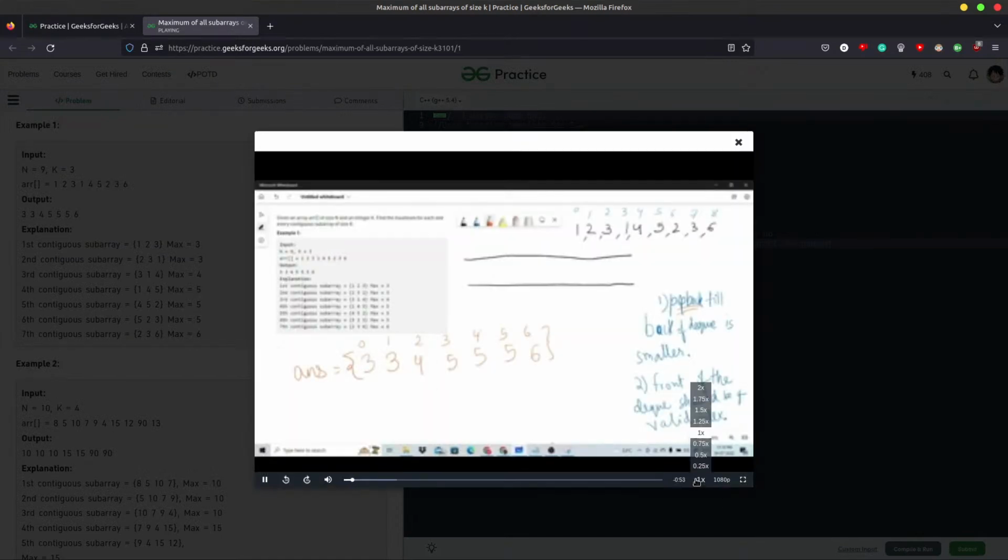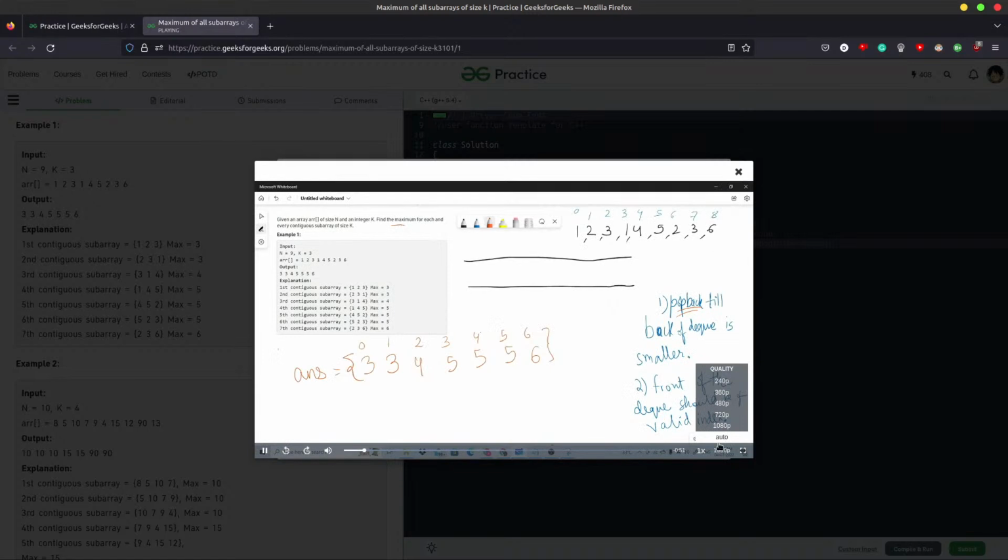In this question, we were asked to find the maximum for each and every contiguous subarray of size k. Here we were given that k is equal to 3. Now we'll follow some deque operations such that the answer for every subarray will be present at the head of